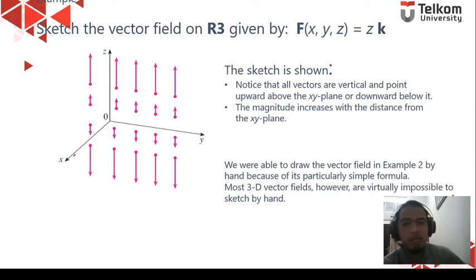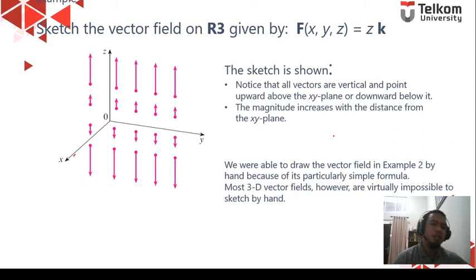In the next one, as we can see in here, if we put minus 1, all of this should be minus 1 also, if z equals minus 1. If z equals 2, it should be 2. 2, 2, 2, this one 2, 2, 2, 2. Going up, all should be 2. This is also minus 2. So this is how we can sketch the vector field in the 3D dimension.